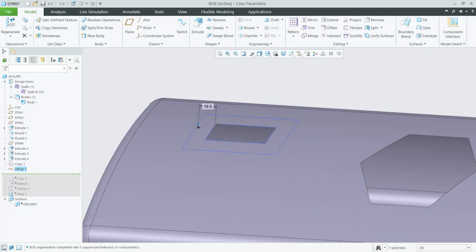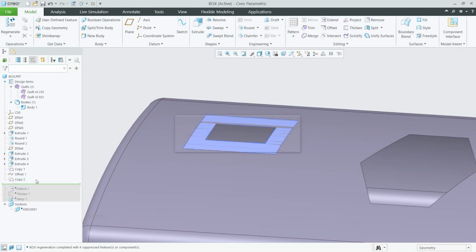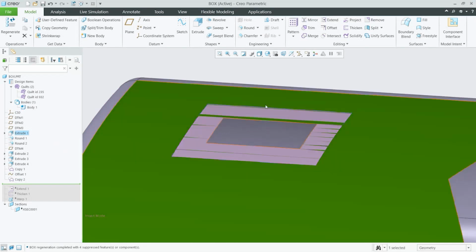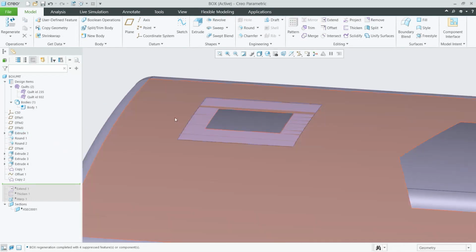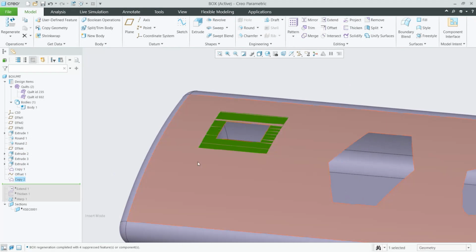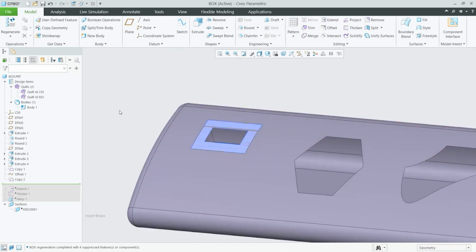So this is the offset edge, or offset curve. After the offset, what you need to do is copy the surface, and then use the offset curve to trim away to get this piece, the blue color piece. After you get this piece,